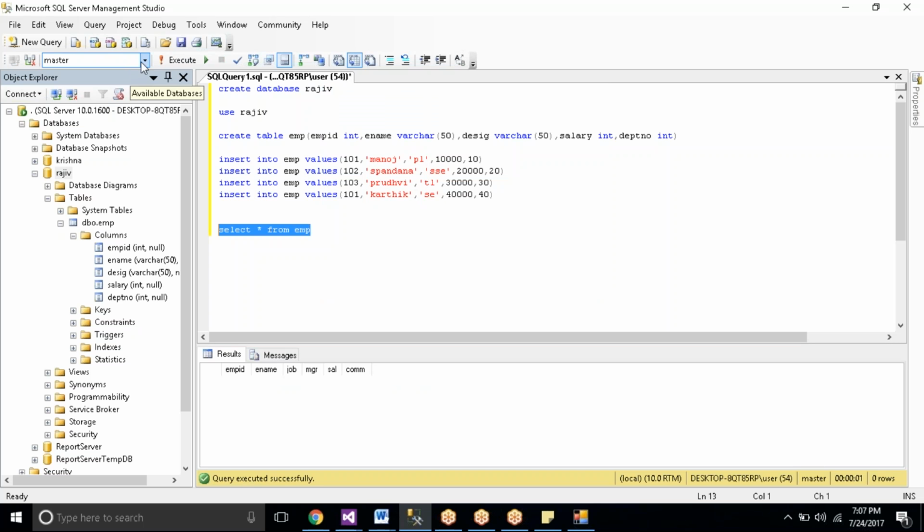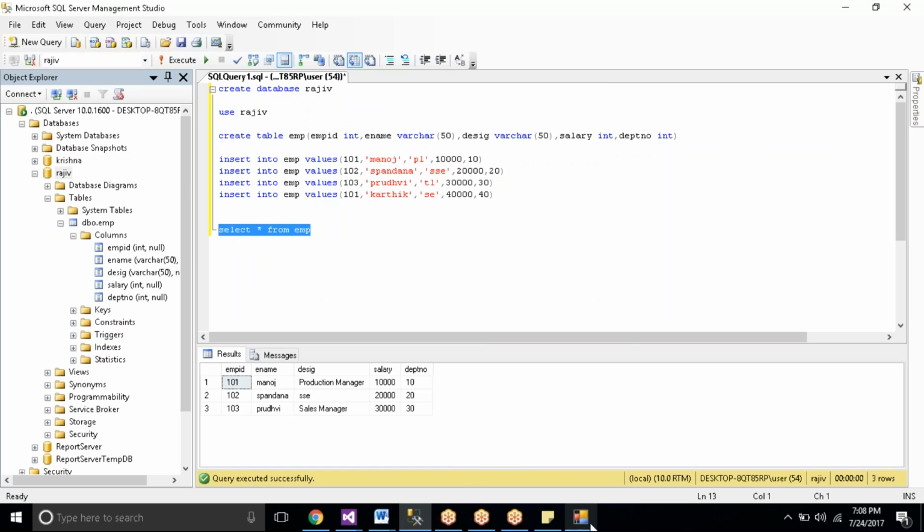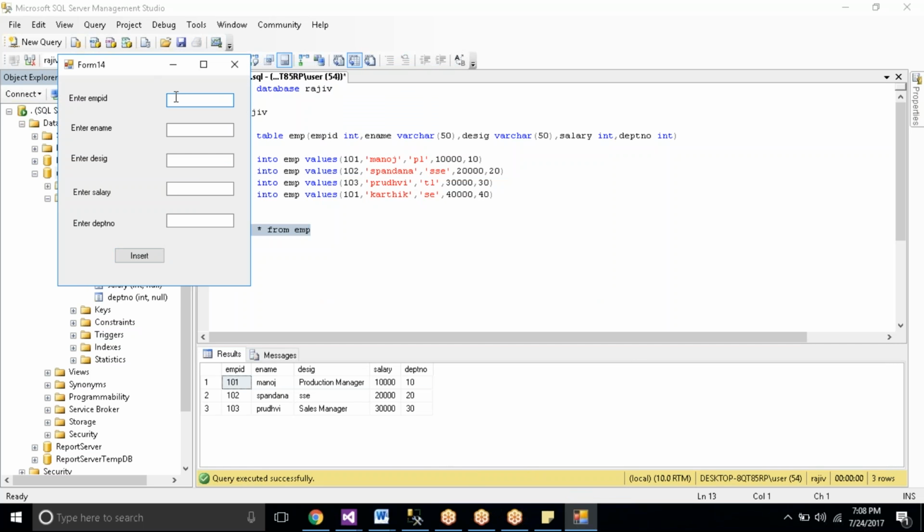It is connected, and again we need to change this database to Raju, and we need to execute again. See how many employee records are there? 3 employee records are there. We are trying to run